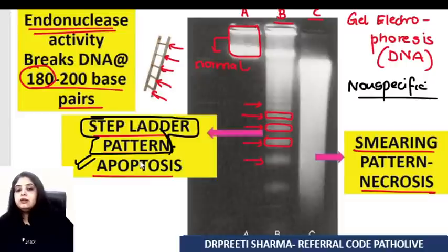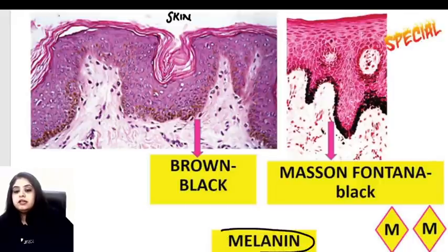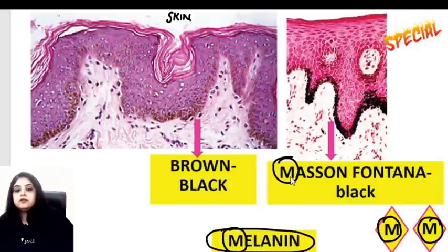Okay, having said that, now let's deal with a certain number of pigments and stains that you have. The first one that you have over here is the very classical one. This is a section taken from the skin, and in the skin you can see this brownish pigment which gives us the color of the skin. This brownish pigment is melanin. And what is the most famous stain for melanin? M for M. Melanin stains positive for Masson Fontana. So a lot of Massons go around in pathology. Don't get confused. Which Masson over here? Melanin is a pigment. Melanin gives you a tan, right?